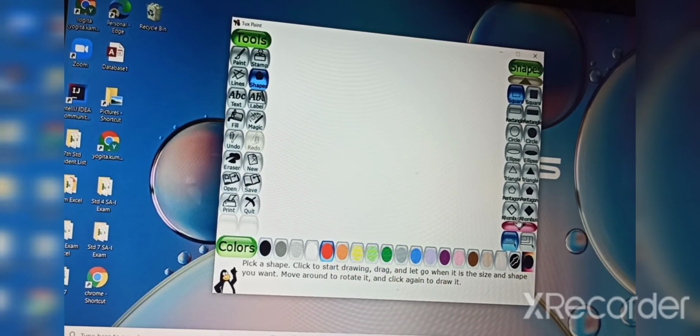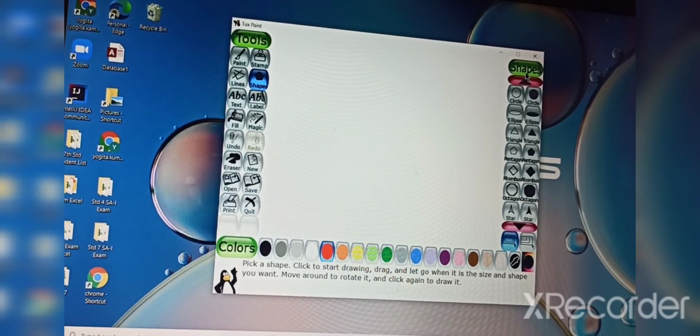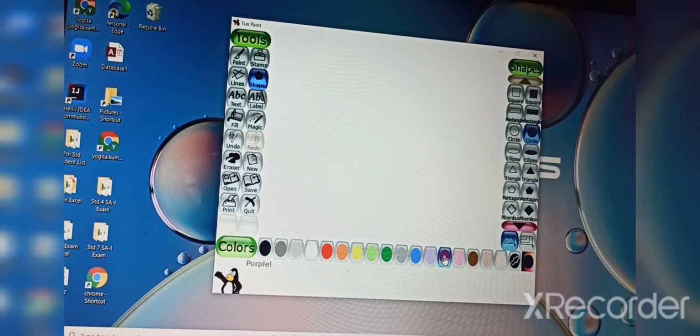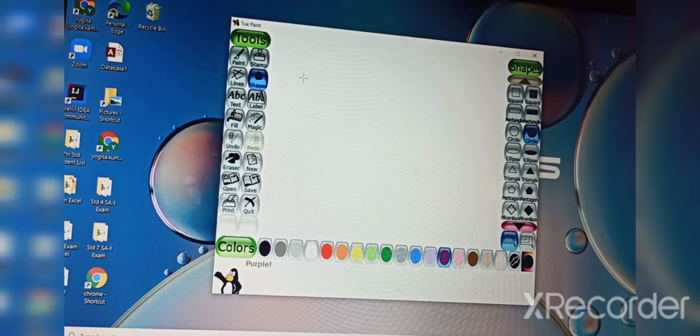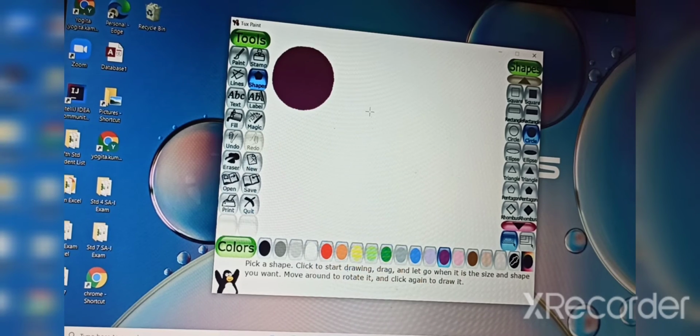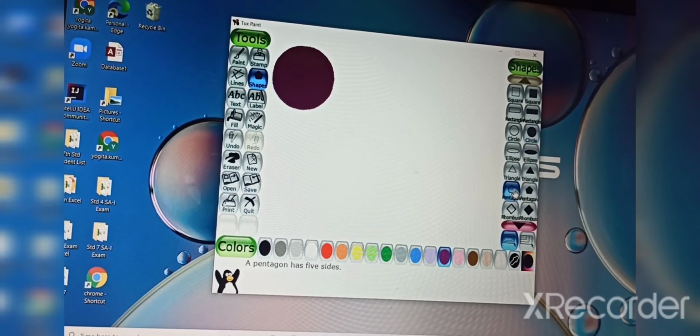If you want to see more, you can see the different patterns here. Suppose we are taking a circle, a filled circle. Then you have to take which color pattern you want. First we will see the circle, the color pattern is this. Now on the canvas drag the mouse to make a shape. Now see here. Can you see? Yes, so you will see the shape drawn. When we release the mouse, we will see the shape like this.